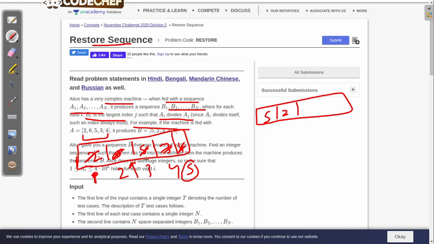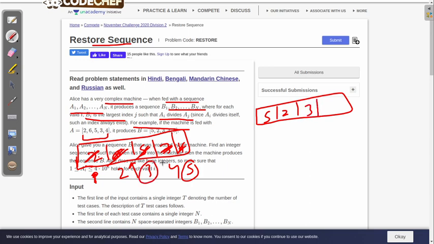For the third element, which is 5, we do the same thing. 5 is not divisible by 2, neither by 6, but it is divisible by itself, and not by 3 and 4. So the largest index in that case is 3.